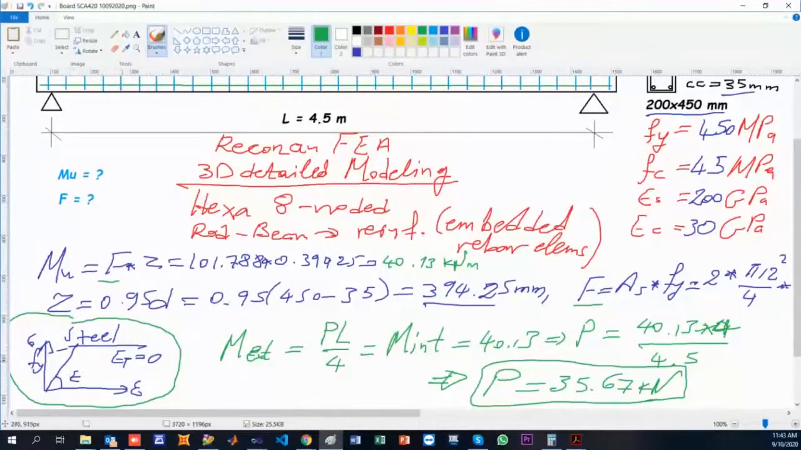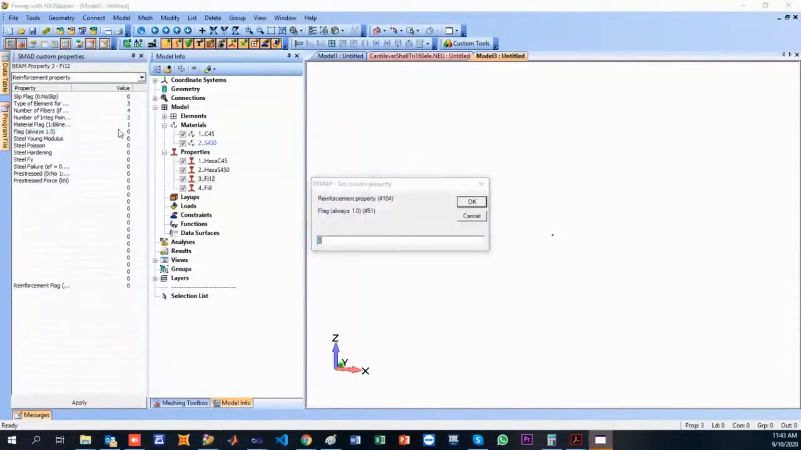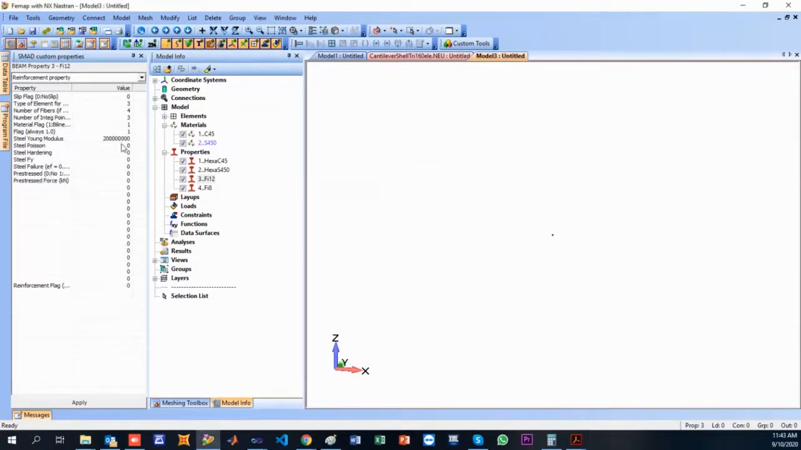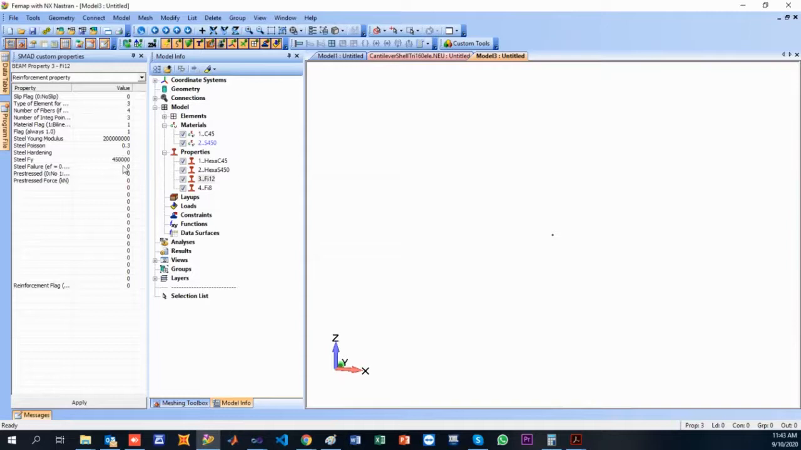Bilinear, so we have E and ET, right? Young modulus of elasticity and hardening modulus, that's it. So going back to my model, if it's bilinear, this should always be 1, don't ask me why. Young modulus of elasticity, 200 million kilopascal, Poisson ratio 0.3, hardening modulus 0, yielding stress 450 you said, megapascal, so